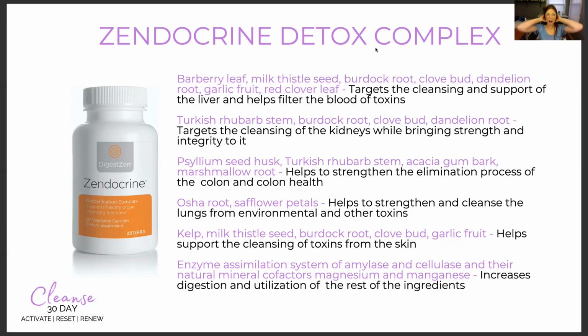All right, so people often ask when they do the 30-day cleanse, do I really need both of the Zendocrine supplements? And the answer is yes, you do. They're very, very different. The Zendocrine Detox Complex is more of a whole foods, herbal-based kind of a supplement. You'll notice there's no essential oils in this supplement, but there's a lot of herbal type ingredients. And